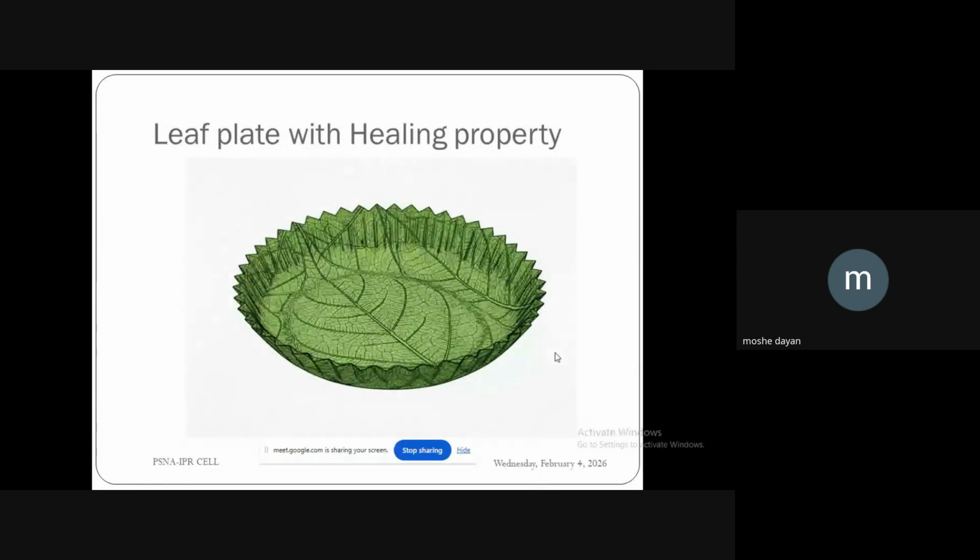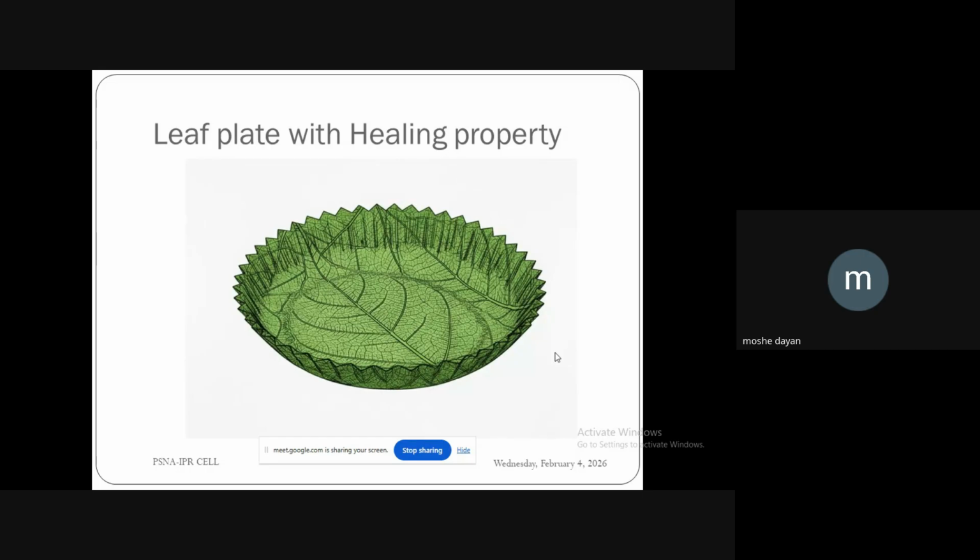See, this is a very interesting one: a leaf plate with a healing property. Wow. One particular faculty did intense work on this, 5 years of research. The interesting part is, you put steamed rice on this plate, then you eat, and you give it to cancer patients. A stage 4 cancer patient, in 3 to 4 months, will come down to level 2 or level 1. Amazing.